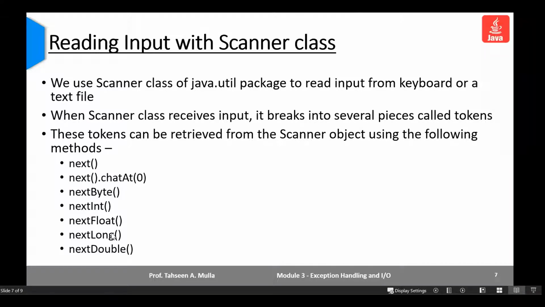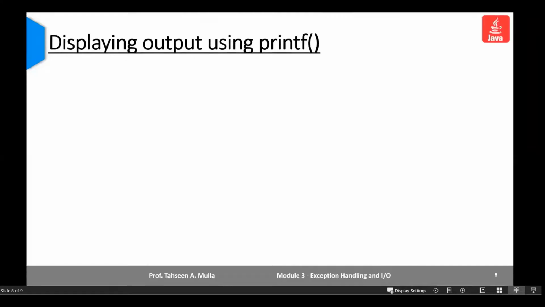A simple line is written as: Scanner s = new Scanner(System.in), where s is the object name. Now, while displaying it on the screen, first we'll see an example.